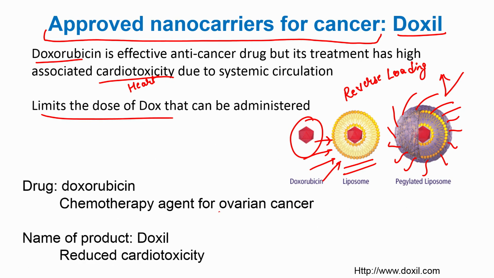It was used very heavily for ovarian cancer, still used, and it also reduced the cardiotoxicity, because it was using an EPR effect. What happened is this was made of a size of about 100 nanometer, and because of that the vessels in the heart were fairly healthy, unlike in tumor tissues. So, this liposome was not going in and releasing doxorubicin to the heart cells, but in the tumor areas where the